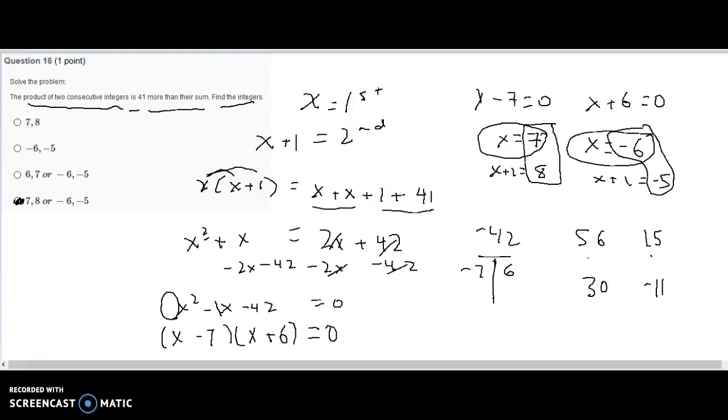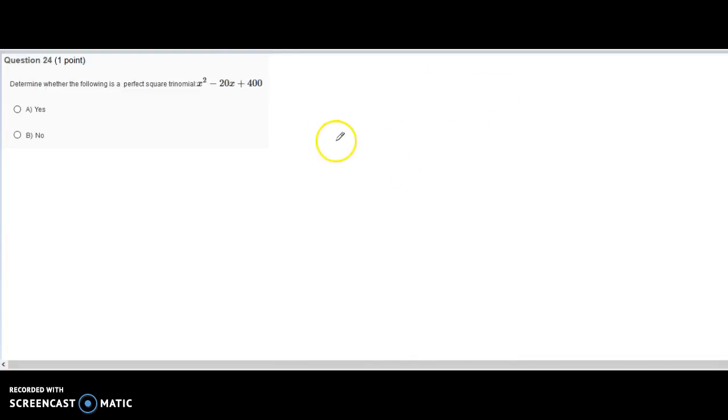Alright, well, let's get ready to go on to the next one. Okay, so here's number 24, and this is the last one we'll look at together. The question is, determine whether the following is a perfect square trinomial. So perfect square trinomials, that means it's a trinomial that can be factored into